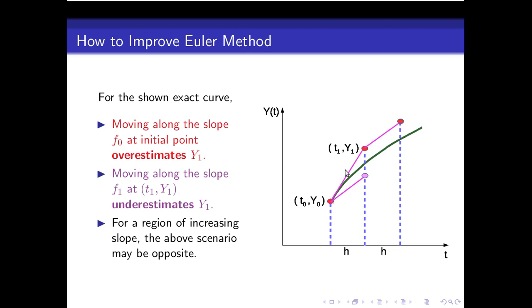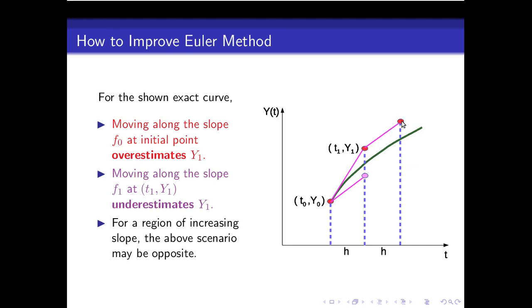So what if we took the slope at this point? What is the slope at this point? Remember that we don't know the exact solution. All we know is that we may reach here after traversing along this straight line. Graphically, the tangent at this point is this, as given by the differential equation.